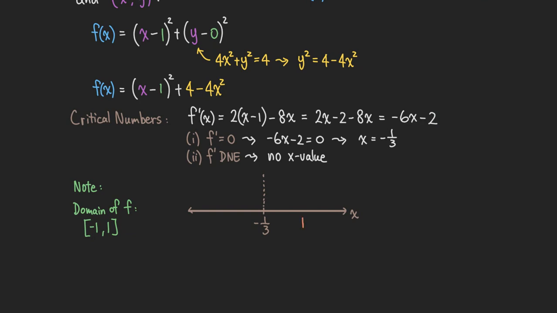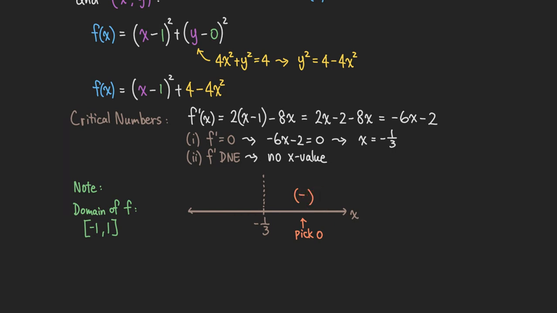So let's just pick that. And simply just pick 0 on there, right? Picking 0. 0 is in the domain. So we pick 0 and then plug it back into our first derivative. So we get negative 6x minus 2. Plug the 0 in there, we get negative. So that's a negative number,